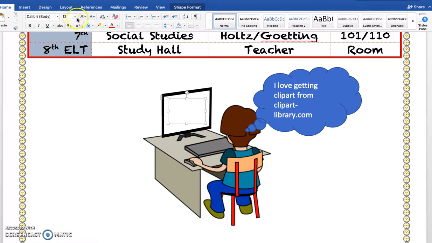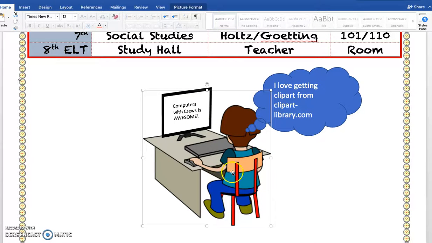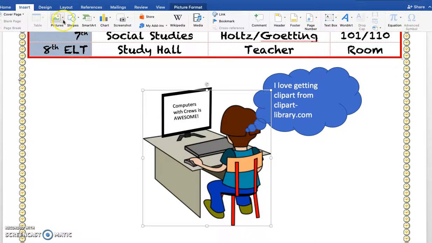And again, just because I'm doing this, this is me being creative. You get creative freedom here. So whatever you think is best. Computers with Cruise is awesome. So, or he could be typing like MTMS is the best, something like that. Or, like I just did there, I could take another text box